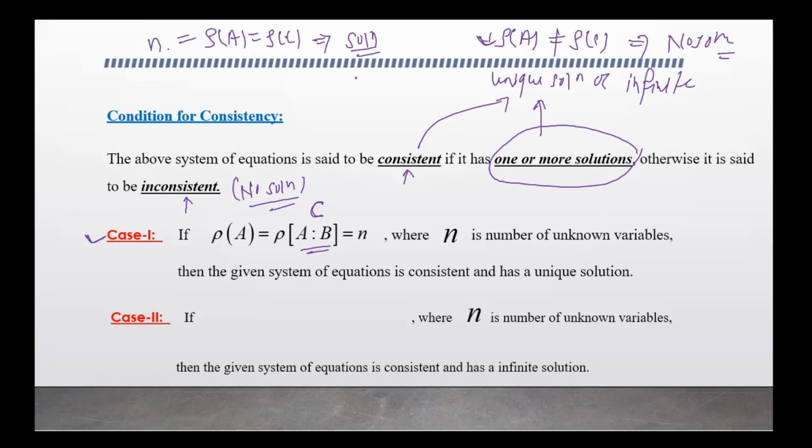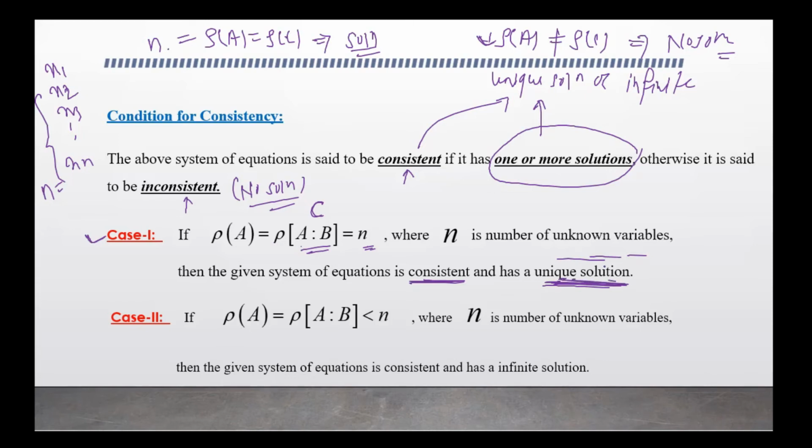N means the number of unknown variables. So suppose in this problem, we take the variables as x1, x2, x3 up to xn. So these are n in number. So here the number of variables is n. So the first case is, if the ranks are equal and equal to the number of unknown variables, then in this case the system is consistent and it has a unique solution. Okay. And if the ranks are equal, meaning the system has a solution, but the rank is less than the number of variables,